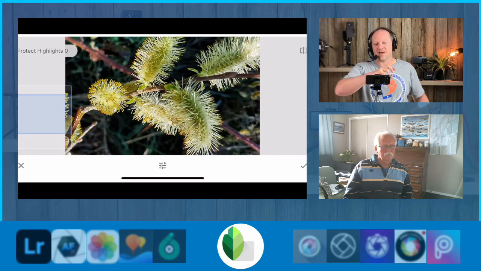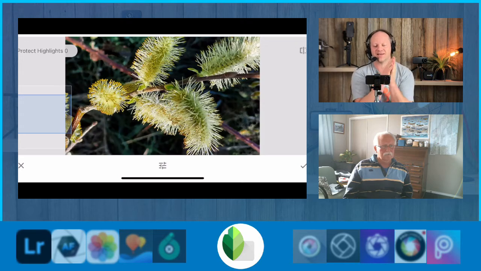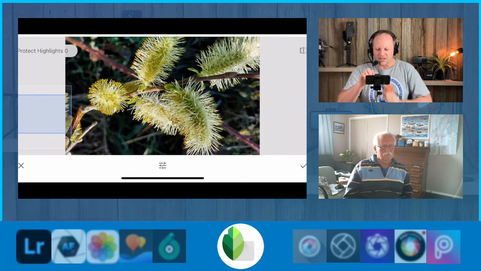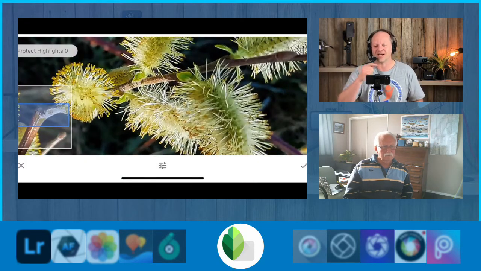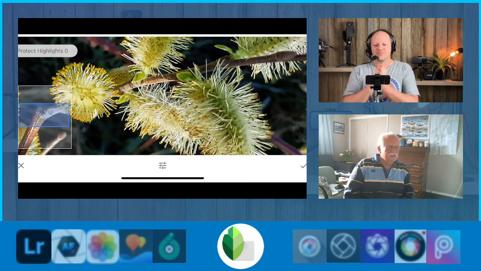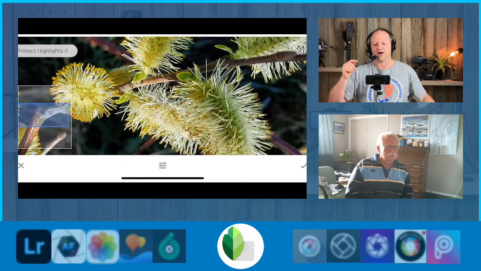Because we've increased the contrast in the bright areas, we're looking at, are these called needles? Nettles? I can't remember what they're called. Yeah, these little white bits off the flower there. I think they're stamens. Okay, righto, no worries. So we're looking at those white lines, and when we increase the contrast,